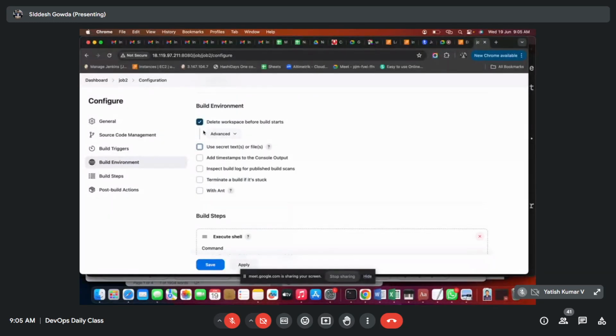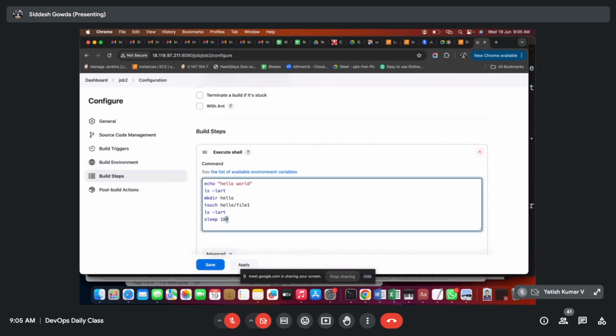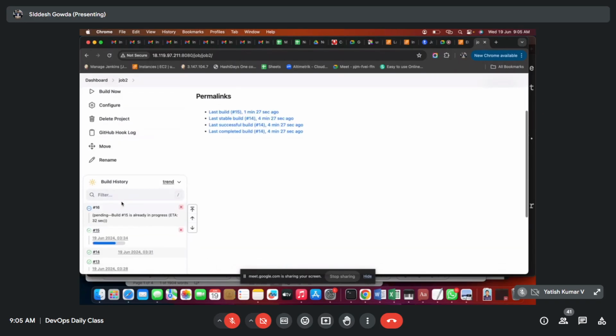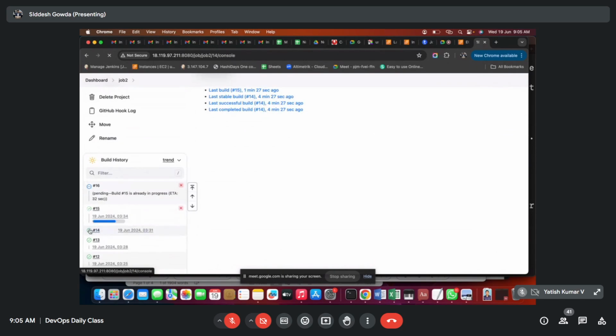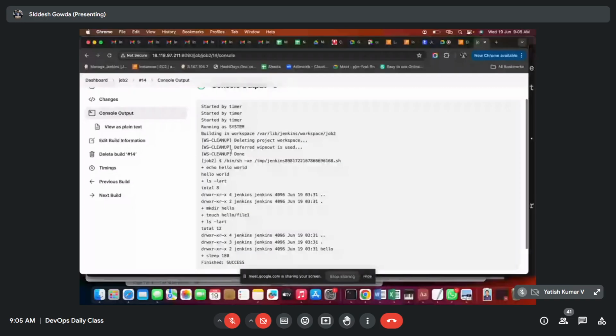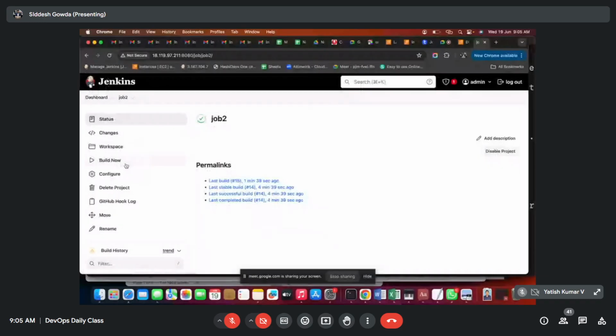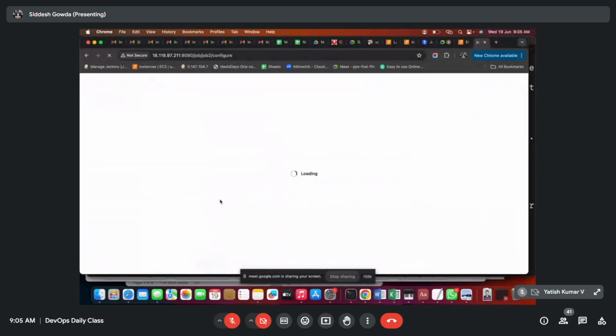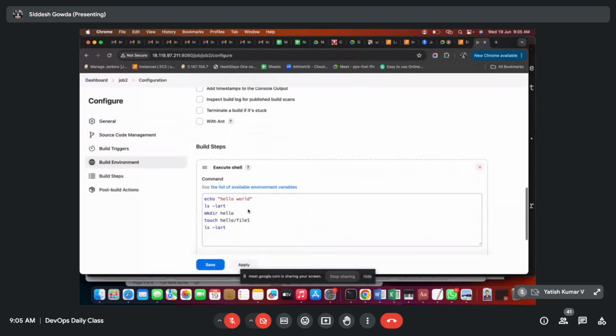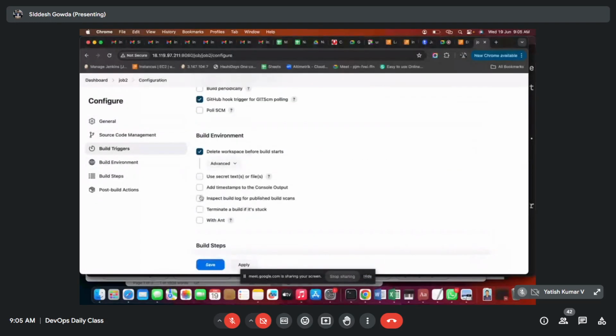We can provide it like that. Add timestamp to the console: this will add the timestamp in the console. Let's see this here. There is no time added in the console, right? With that option, you can see. If you click on this option,